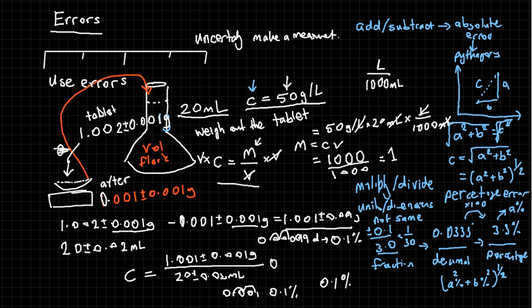And so we can divide these two numbers, and then we can find the root mean square, which is actually going to be also 0.01%. Now, once we've got the final concentration, which is 1.001 divided by 20,